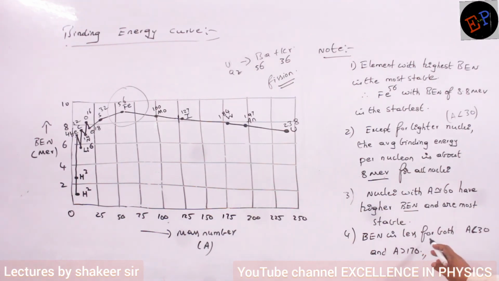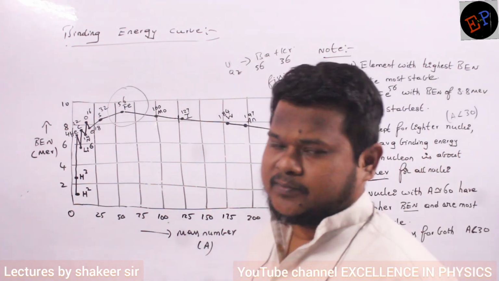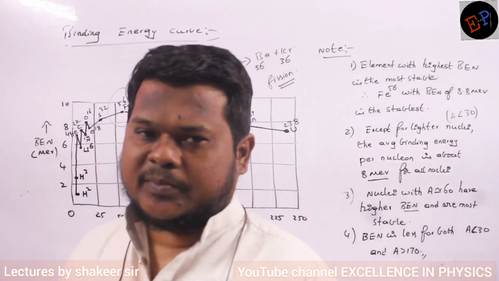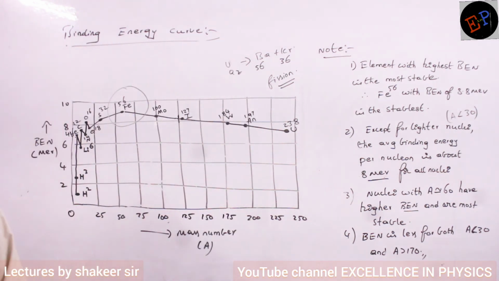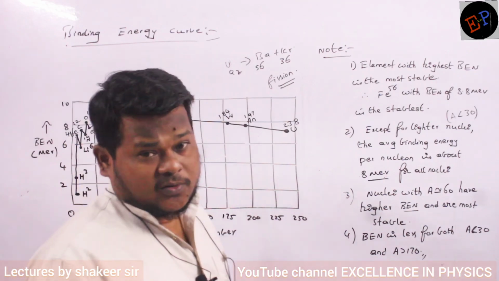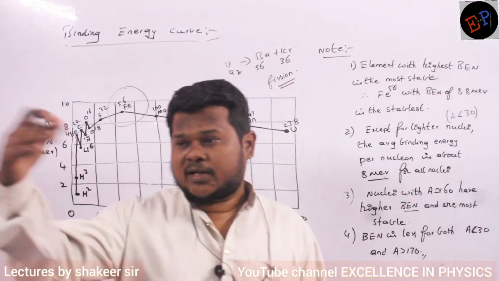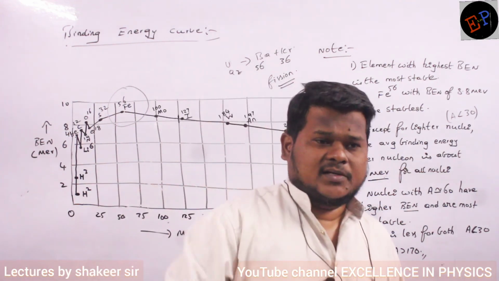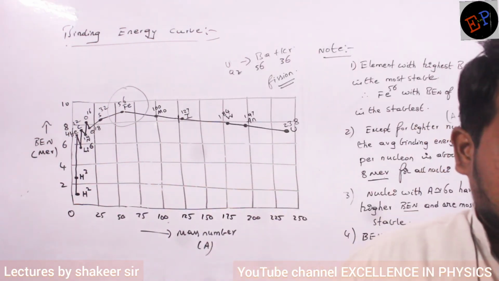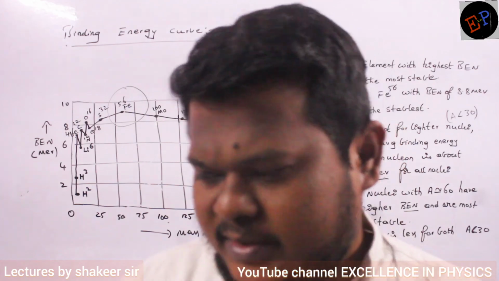So BEN is less for both A less than 30 and A greater than 170. So these are the points which you should remember. So whatever it may be, what is the condition here we have to study? If elements of lower BEN convert into elements of higher BEN, then energy is always released. That is the point which you should remember. Okay, that's it. Make a note of